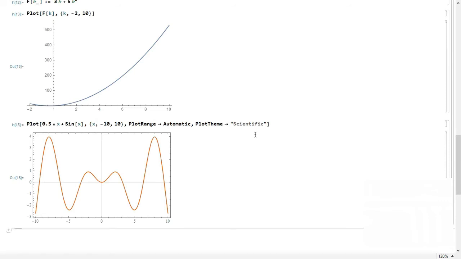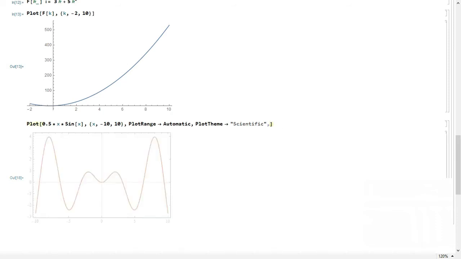So now we want to add this label. So how to do that? The way to do it is to use the command called PlotLabel. So how do we do that? Let's see. Let's just put our cursor over here. We put another comma because we are adding an attribute. So in Plot, as you can see, we already have this PlotLabel,